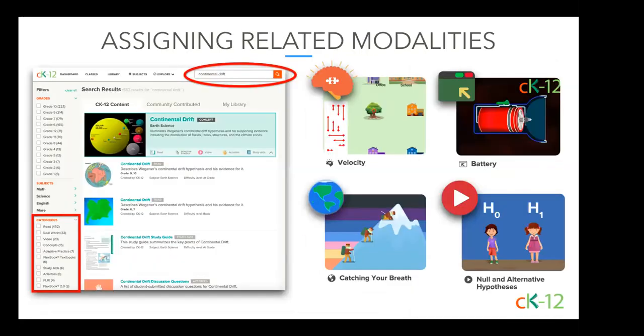Thanks for explaining that. I think that's helpful. You just showed how to assign a lesson from a FlexBook 2.0, but I also want to show everyone how they can assign individual modalities as well, such as the PLIX and simulations, videos, and real-world applications, separate from a FlexBook. One option is to use that search bar that I showed you earlier at the top of the page,